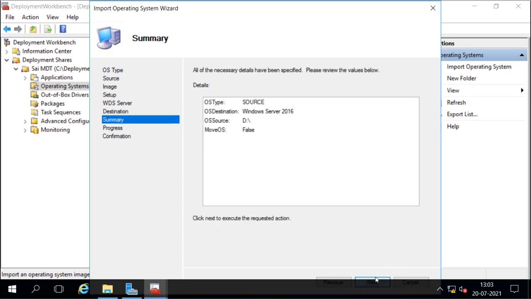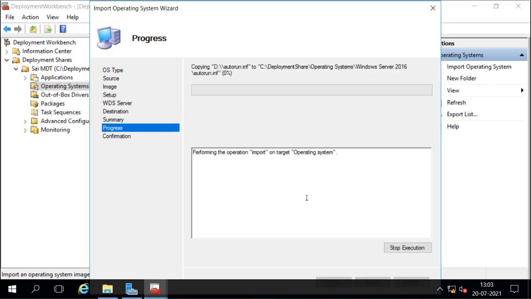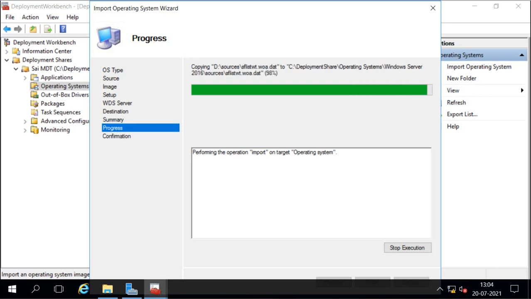So this is what we have selected, and now it is going to import the images from that DVD. It will take a little time to import, and it is going to import all those 4 editions we have: the standard core, standard graphical, data center core, and data center graphical. So let it do. It is now 64%, 66. It is going to complete, and it has almost finished, 98,